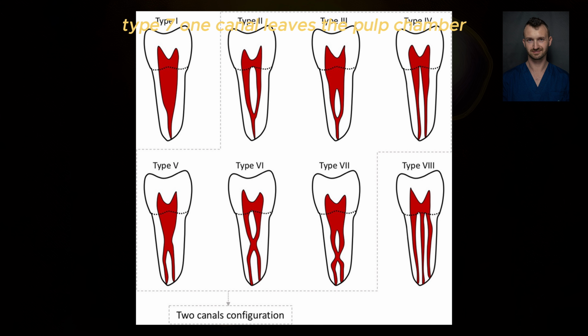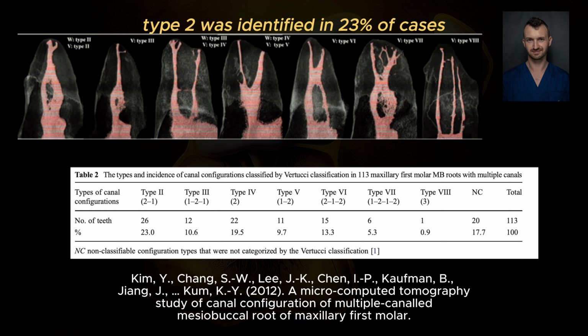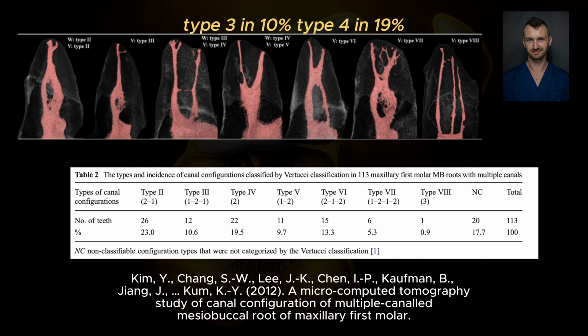Type 7, 1 canal leaves the pulp chamber, divides, then rejoins within the middle part of the root, and finally redivides into 2 distinct canals short of the apex. And type 8, 3 separate and distinct canals extend from the pulp chamber to the apex. As a result of the study, type 2 was identified in 23% of cases, type 3 in 10%, type 4